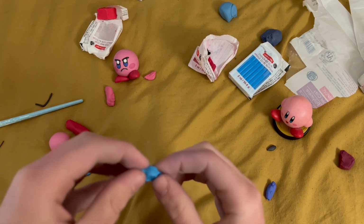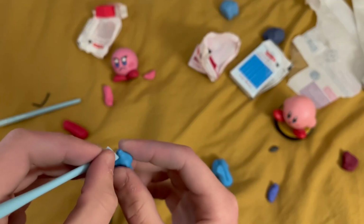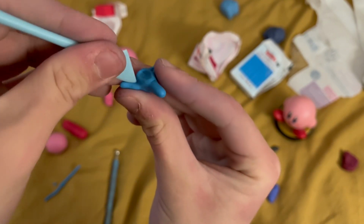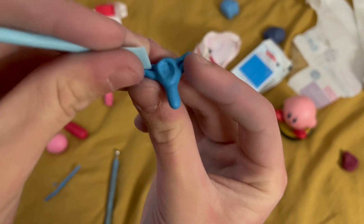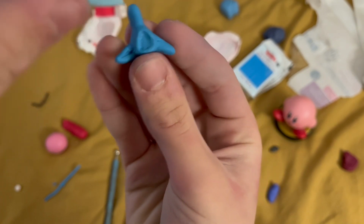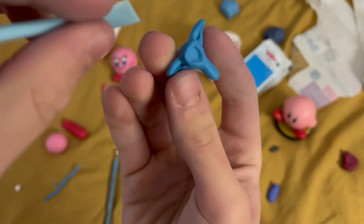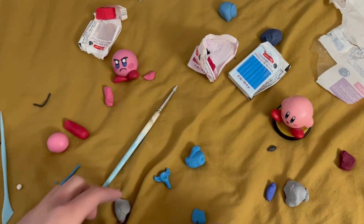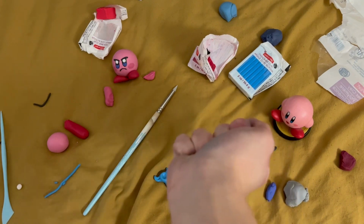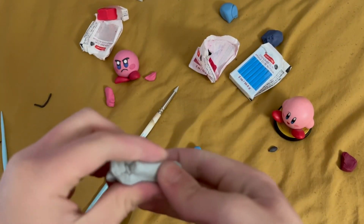Once that's finished, it's time to start working more in depth on the pointed wing thingies. Those get an indent on the center because that's what it looks like in game. So they look like little ears. One on each side, so 4 in total, and then they get pointed upwards. After that, I add gray, white, and blue until I get a proper sword handle, proper sword blade color, and